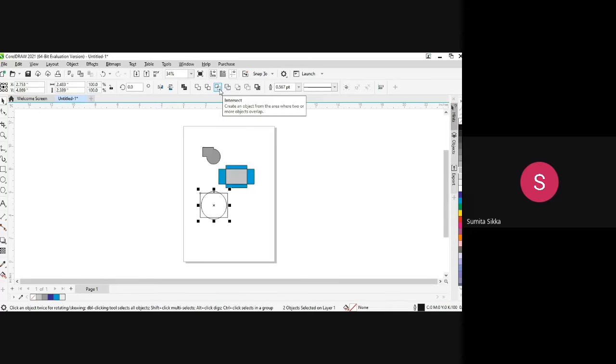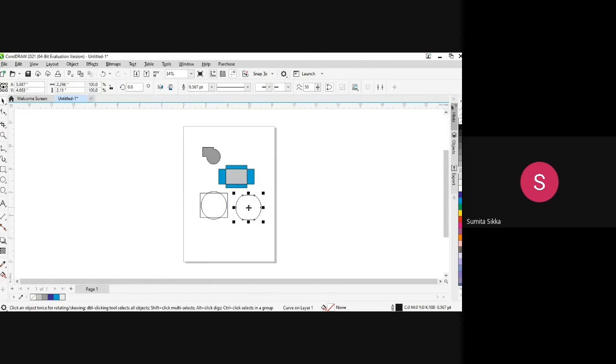So now intersect, what will the intersect do? If I click this, see what has happened. Look at this, जो मेरी जहां पे ये intersect कर रहा था, the circle was going out, see, it has given me a new shape, whereas my previous two shapes are already there. But what I have got is I have got another shape which was intersecting at those points.